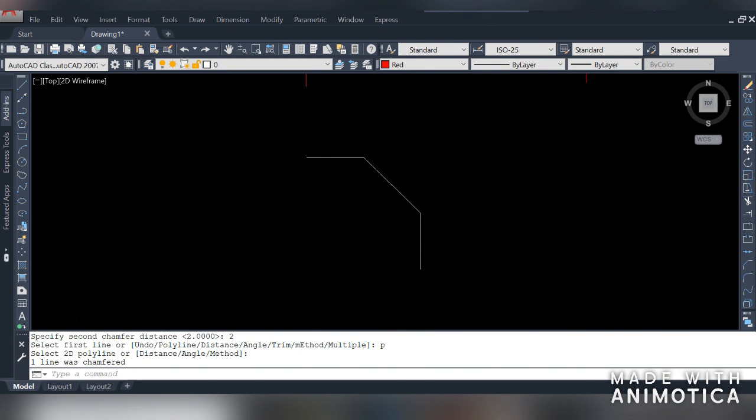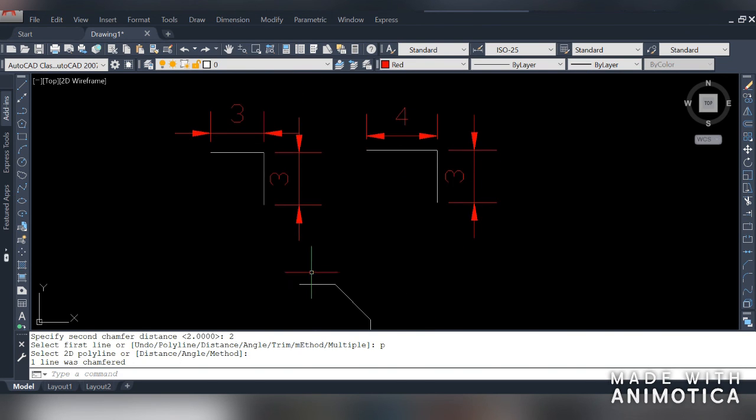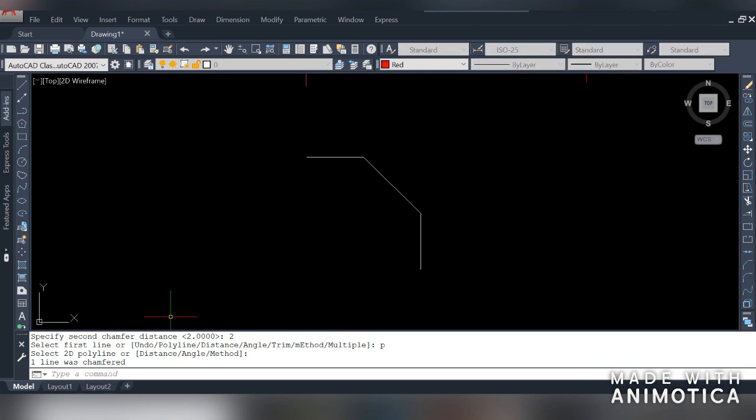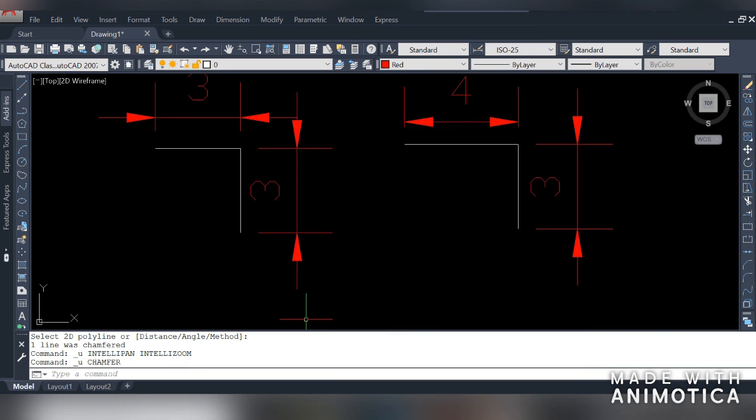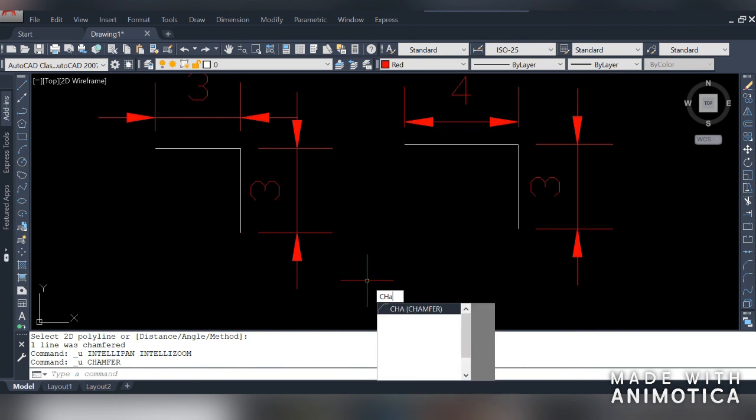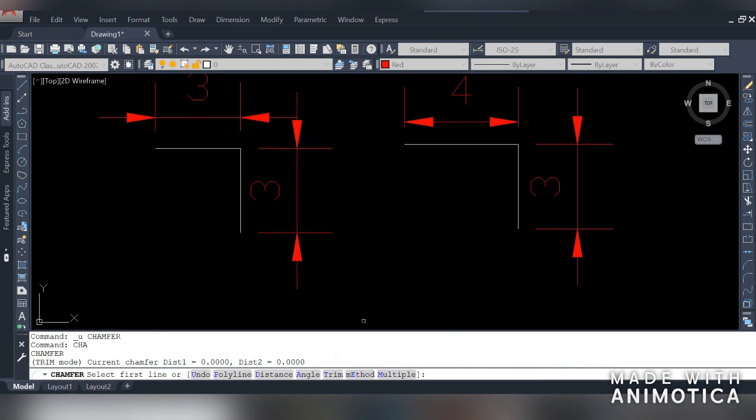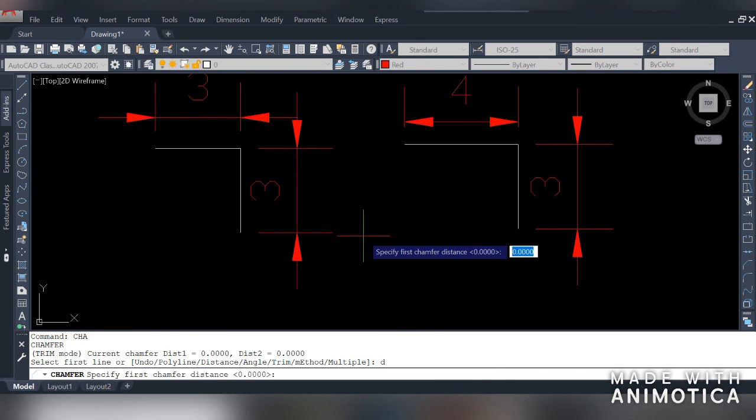Now let's see. Can we use the chamfer command without trim? Choose chamfer command first. Now see, here is trim option is available. So let's see. To choose the distance, press D, then press enter.